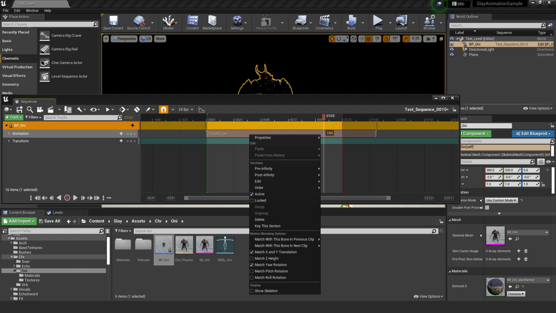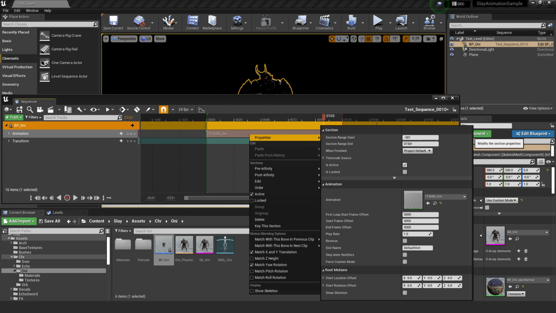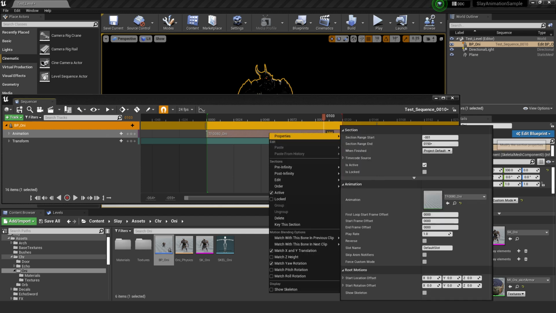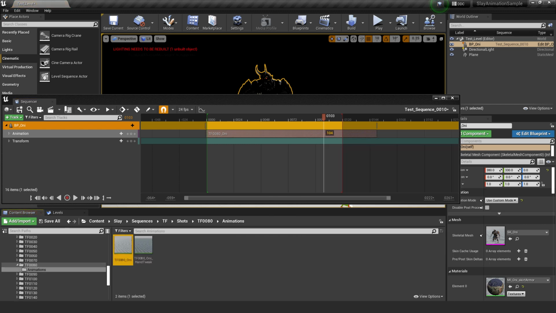One easy way to go directly to the animations, specifically for Oni, is inside your sequencer: left click the purple bar that is the TF80 Oni, then right click, hover over Properties, go down to Animation, and click the magnifying glass, and it'll snap you directly to where the animation for Oni is.